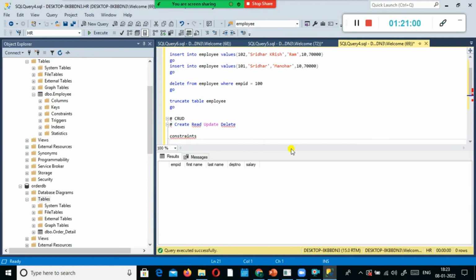Check constraints, not null constraints, primary key constraints. What is a primary key, what is a unique constraint, and foreign key constraints, everything we'll discuss in tomorrow's session. Since today being the first session for many people, we will continue the rest of the topics tomorrow. Apart from the constraints, we'll start with joins: how to perform joins, inner join, left outer join, right outer join, anti-join, and then how to use the minus operator and intersect operator. Everything we'll discuss in tomorrow's session. All right.